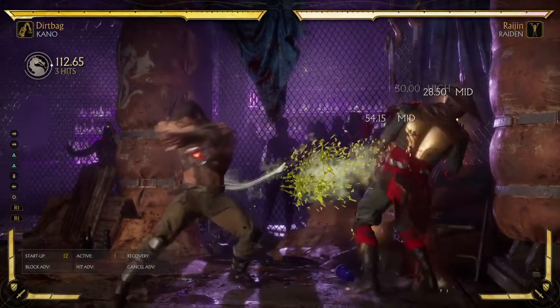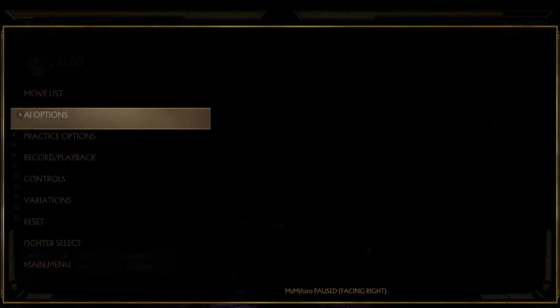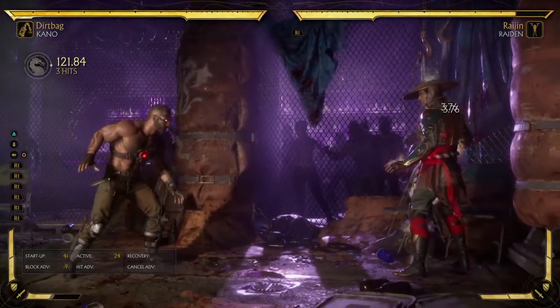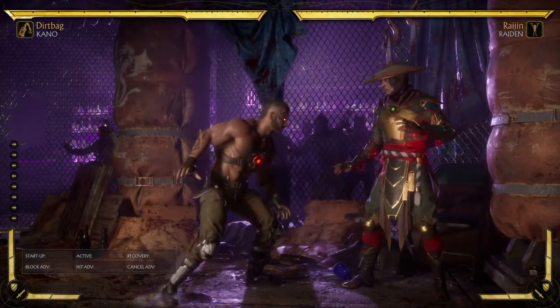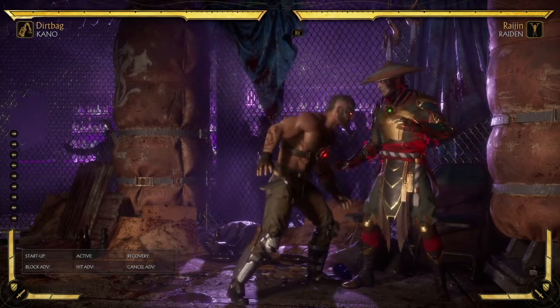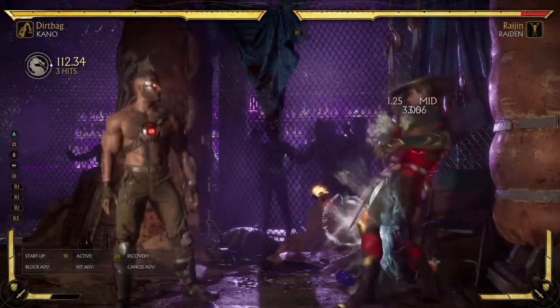Also, if I instead do the close one, that actually resets the counter. Look, I'll put him on auto block. This is not a thing. So you want the amplify part to hit him as late as possible, but not so late that they can block it, and they can do that from his other stuff,